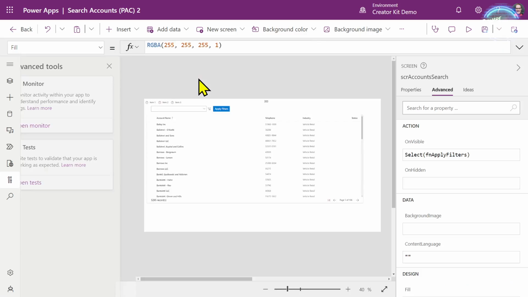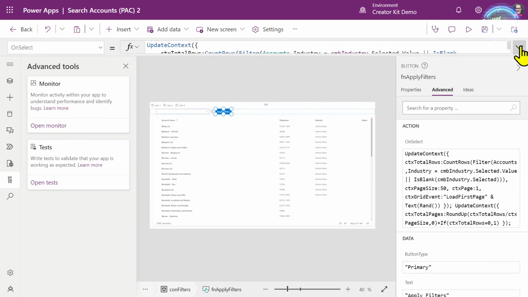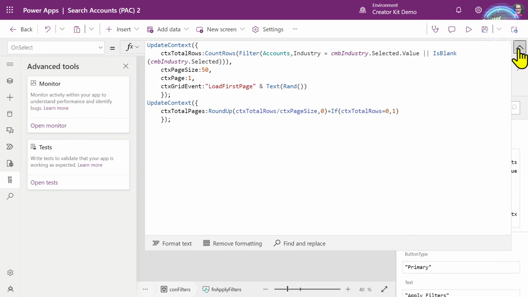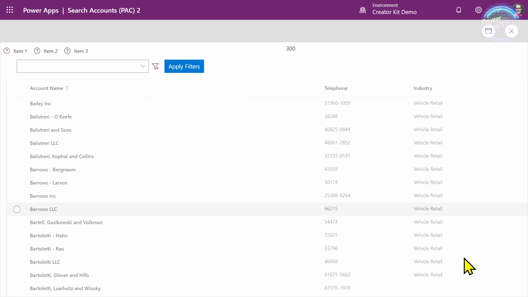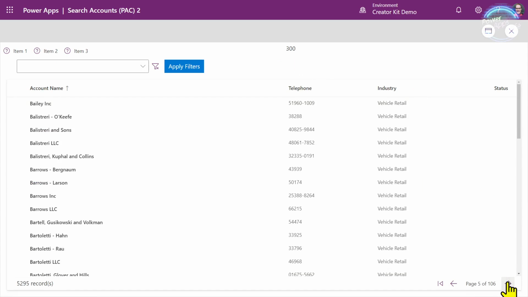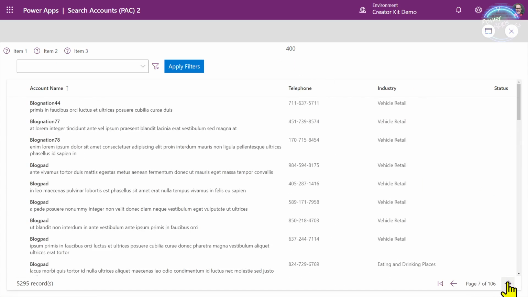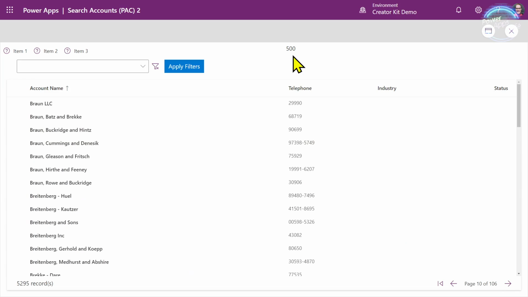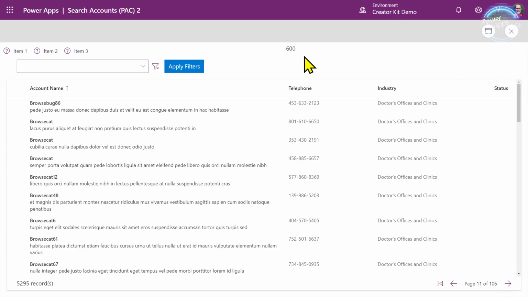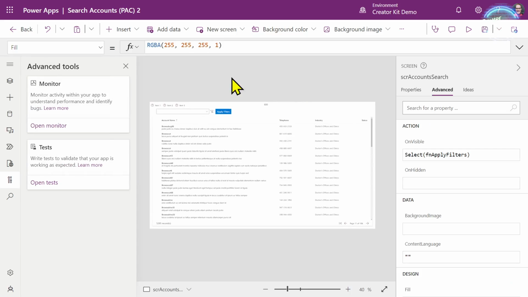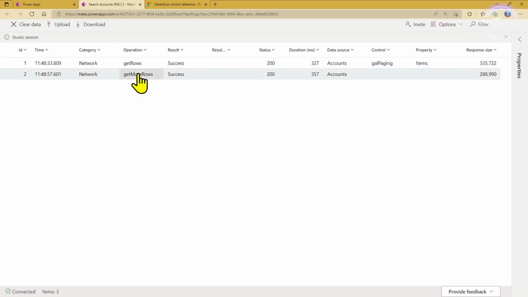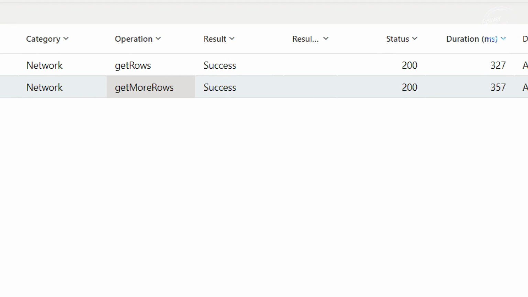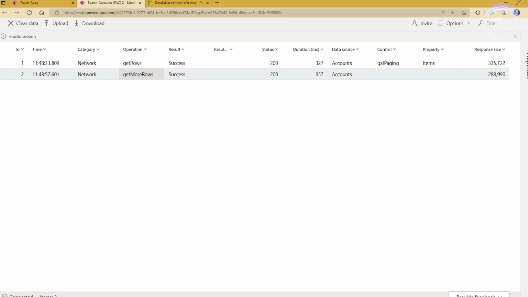Actually, let's see what page size we have. I've got a page size of 50 that I've changed it to. So if we go up to 400, then 500, now this will try to load the 600th record. If we go into our monitor, you can see we've got the refresh of cache get rows, but then we've got that get more rows.